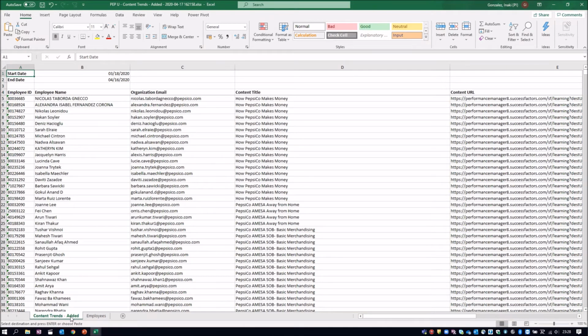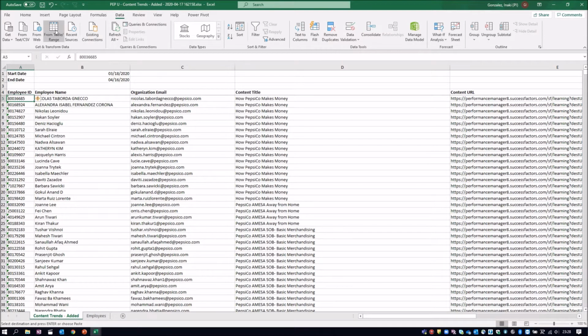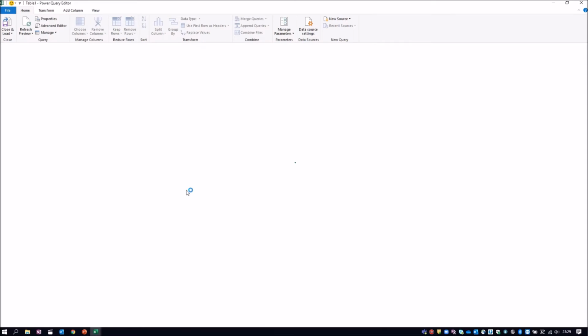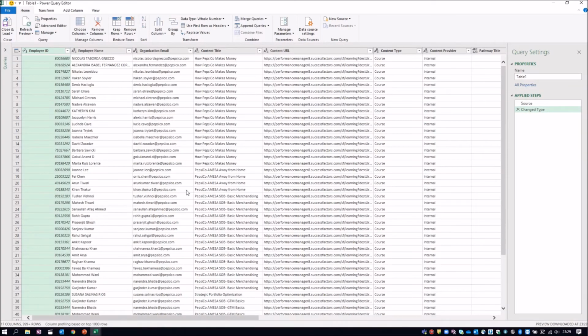Very good. What are we going to do next? Well, we're going to click on the content tab, then click on the employee in one of these columns, and we're going to play the magic of Power Queries in Excel. So go to the header menu, click on data, and then click on from table range. This is going to open up a dialog to create a table, and Excel is smart enough to identify where my table is. I say OK, and it will generate my first query. In order to merge two queries, we need to create them first. That's why we're going through that process.